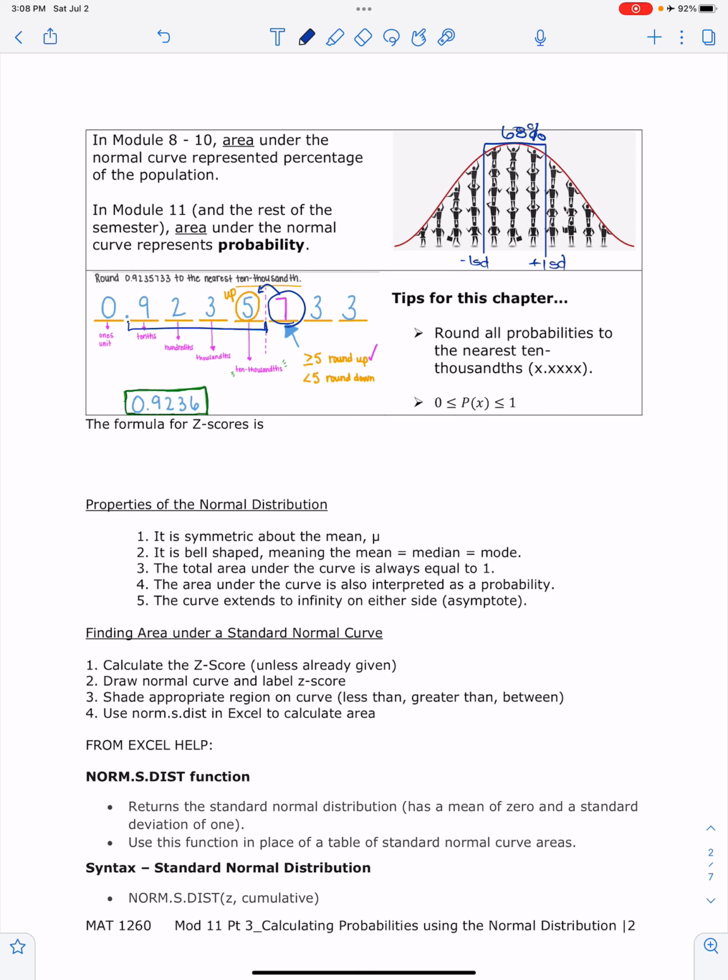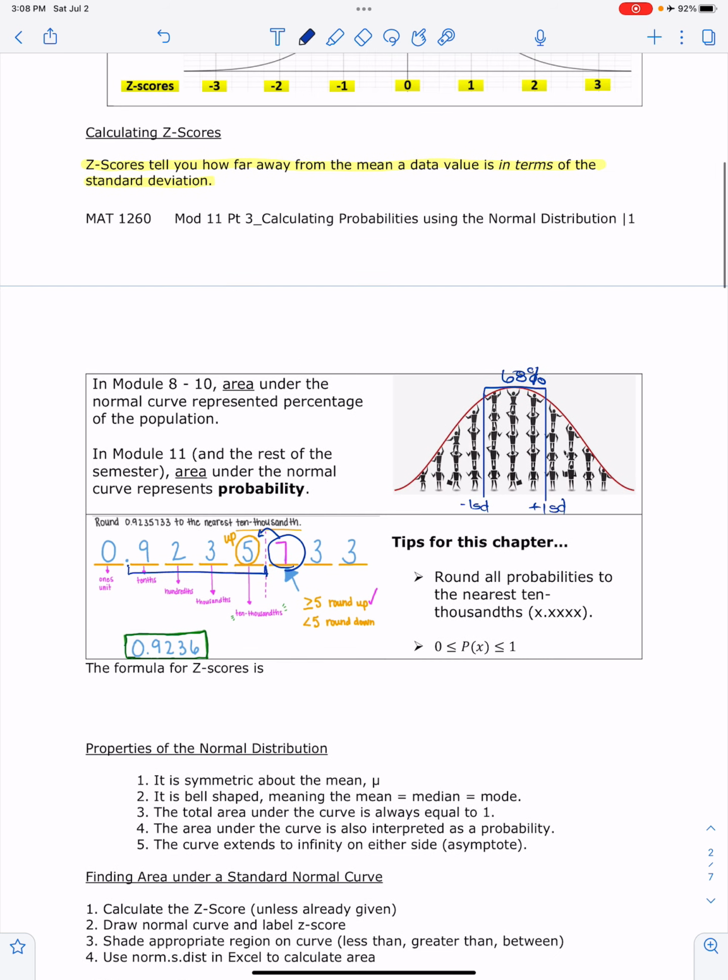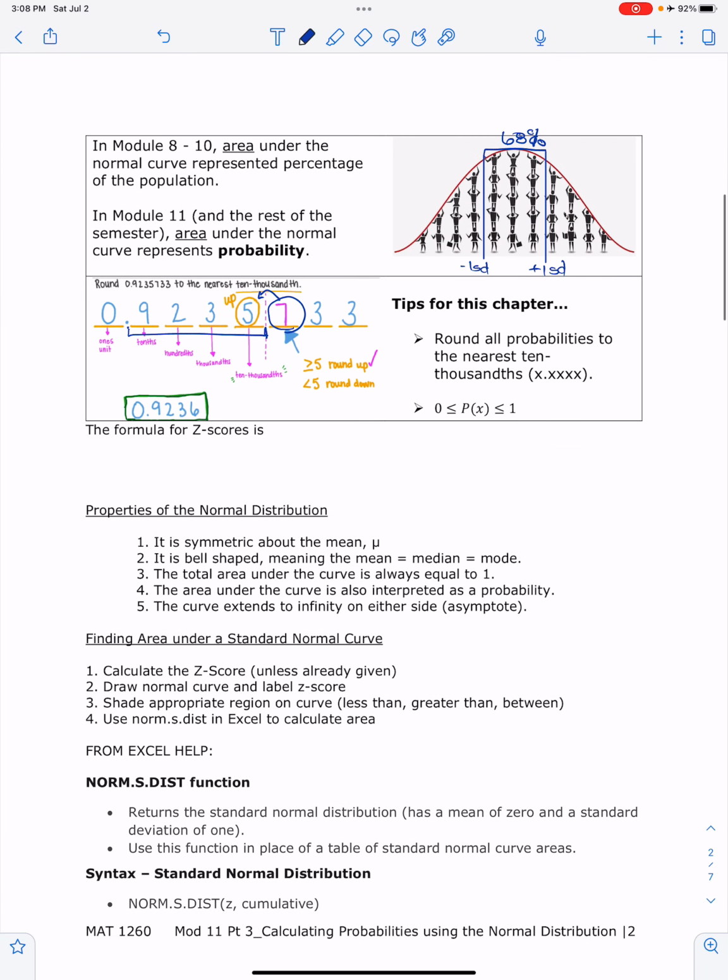Okay? We talked about on page 1 how a z-score tells you how far away from the mean a data value is, counting by standard deviations. Okay, so anything above the mean should have a positive z-score. Anything below should have a negative. Okay. Formula for z-score